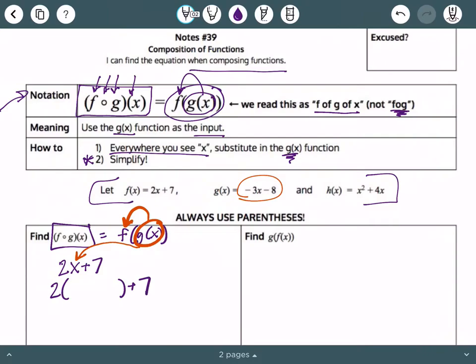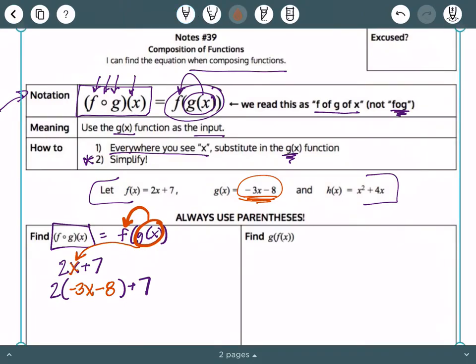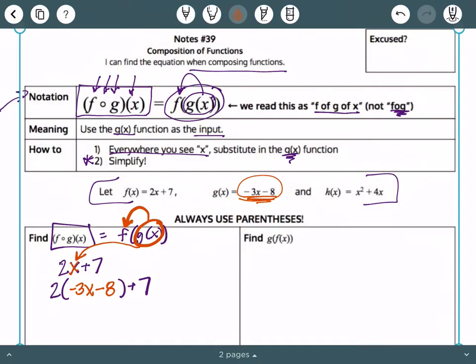So the things are x's, but I want to put, instead of x, the g of x equation, negative 3x minus 8. So I'm taking out this x and I'm putting in g of x. That way,